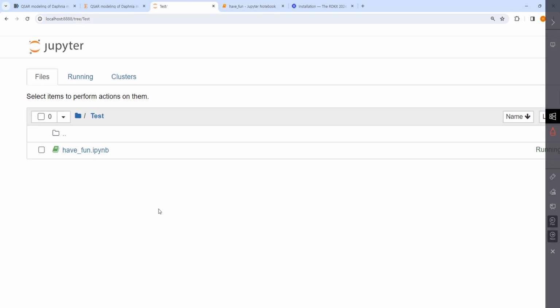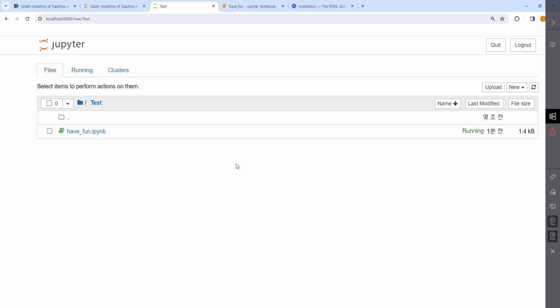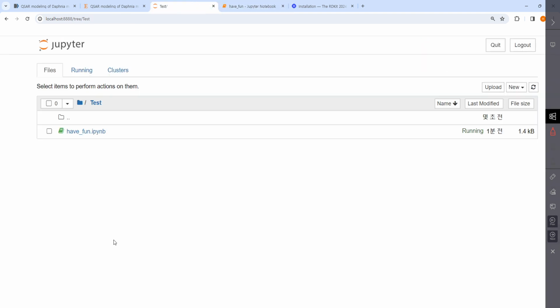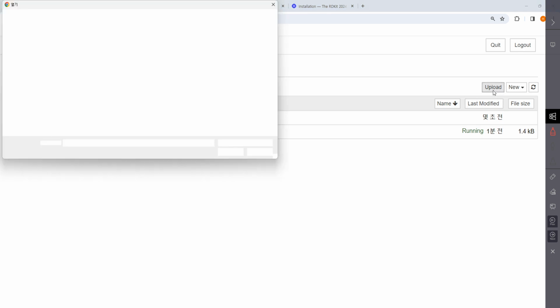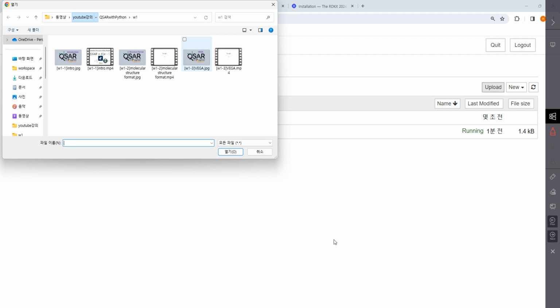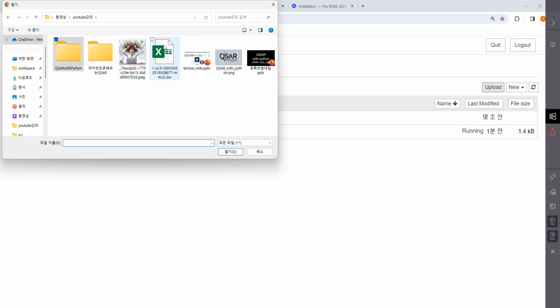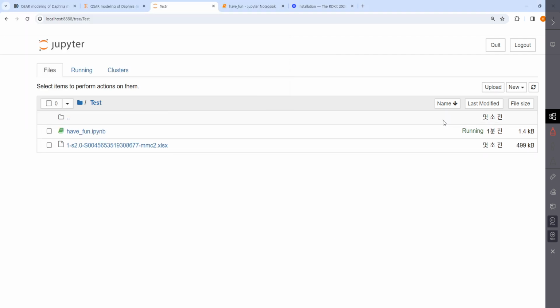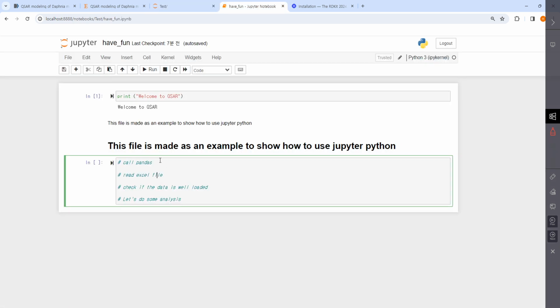In order to access the Excel file, you need to specify the directory of the file, or you can simply upload your file on this workspace you're working on. So in my case, I have an Excel file here. So I upload it, and then I have the file here, so I can read it. So to do that, I need to do